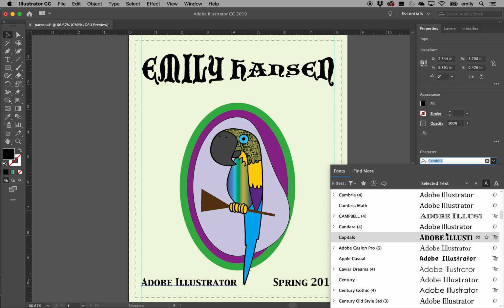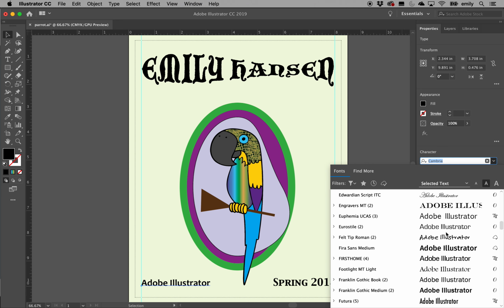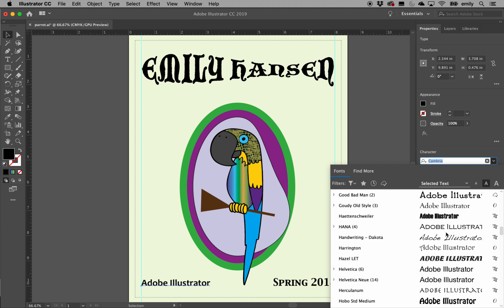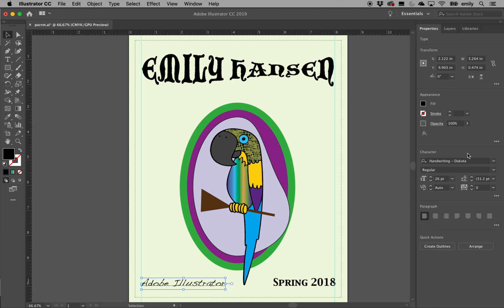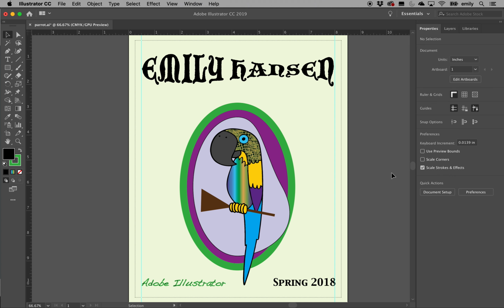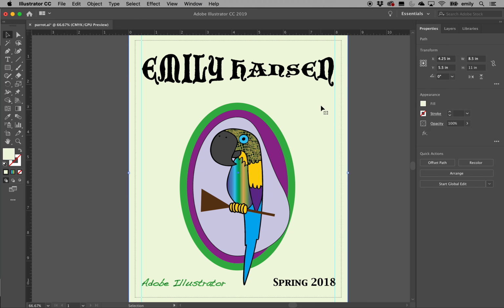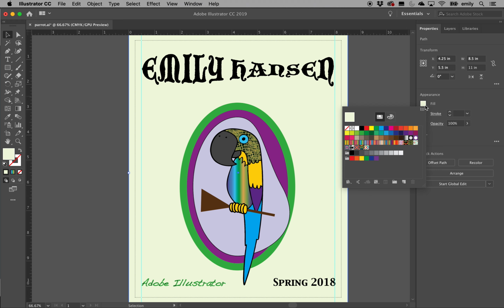You can try to make something pretty and make sure your fonts match, or you can go crazy and just pick random crazy fonts all over the place, whatever you like. Can fill that up a bit. Oops, my stroke is making it hard to read. Try to keep things legible if you can. And then for the background, I can click on that now, and I can pick a different fill for it.